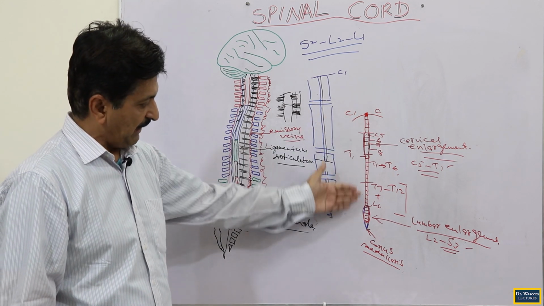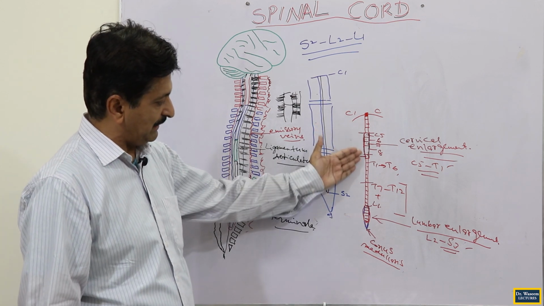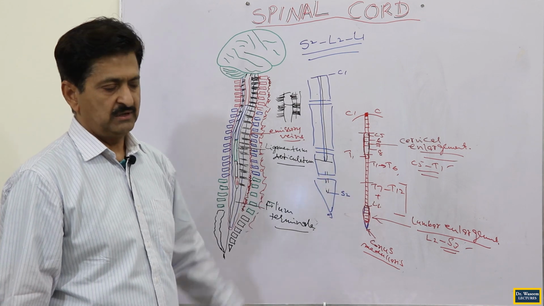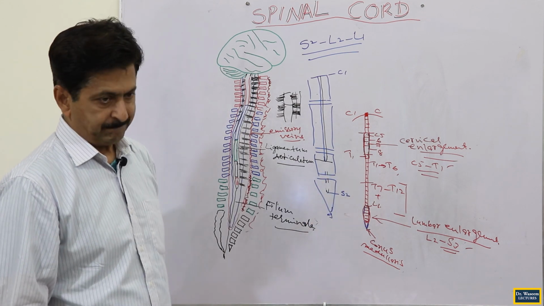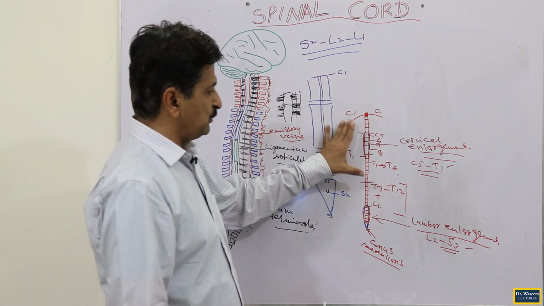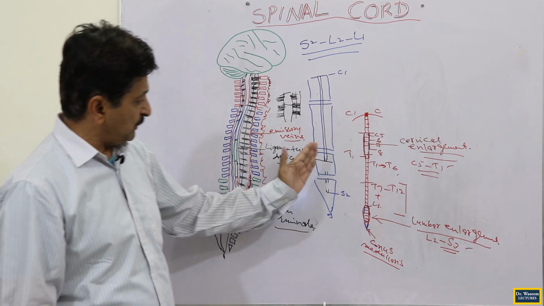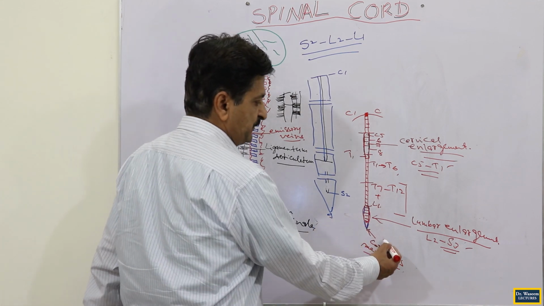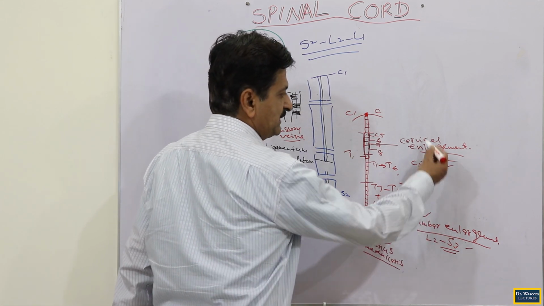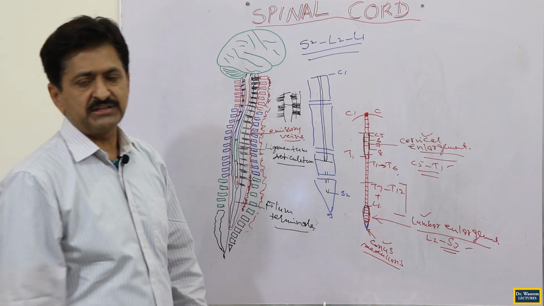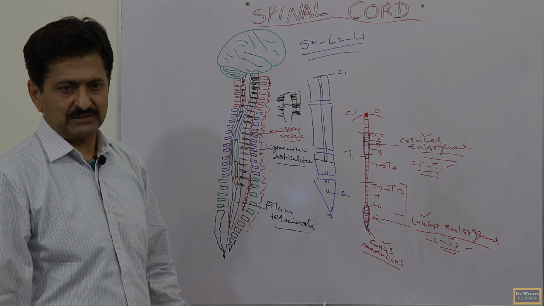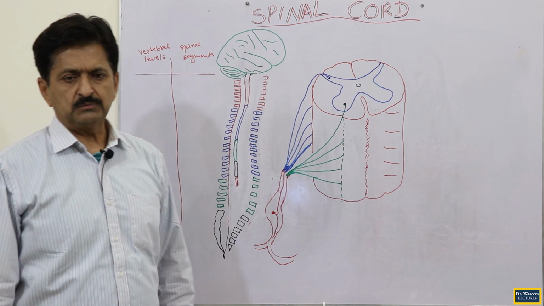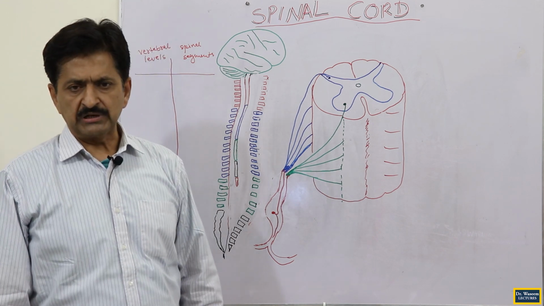So, this is something, and the conus medullaris, these are the areas which you will be looking at. These are certain important landmarks of the spinal cord which you are watching here. Again, conus medullaris, lumbar enlargement and cervical enlargement, these three terms you should understand properly. Now, we are going to discuss one more important thing to understand,